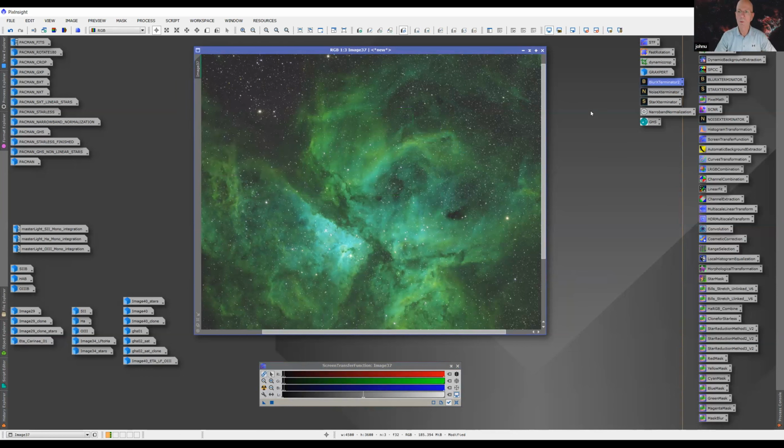The next step would be star removal. For that, we use Star Exterminator. We generate star image and I'm going to unscreen stars. Won't go into too much detail, but it's similar to StarNet. What StarNet does, StarNet 2 or